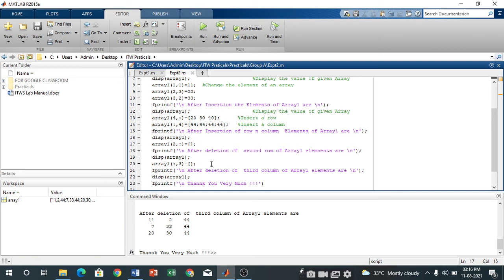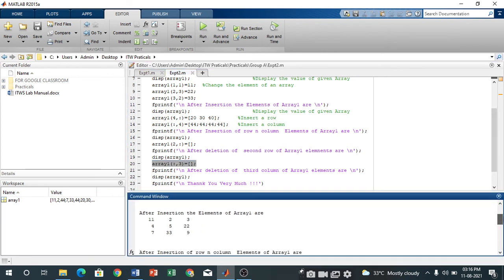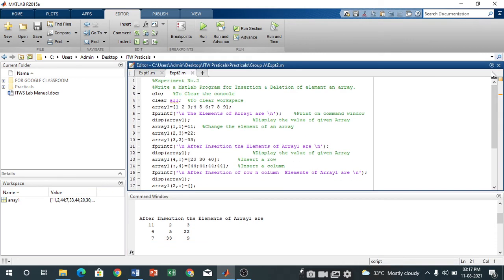Okay, same in this command, whatever content is available in the third column, delete all that content. Okay, so after executing this program we will get this kind of result. So here we will display the array, and here we perform this command.